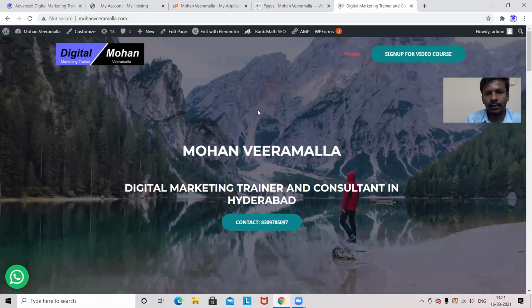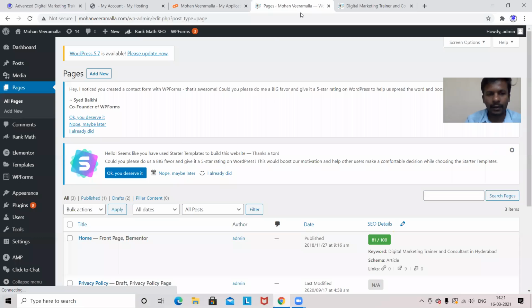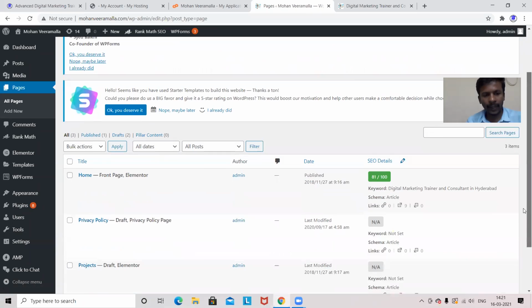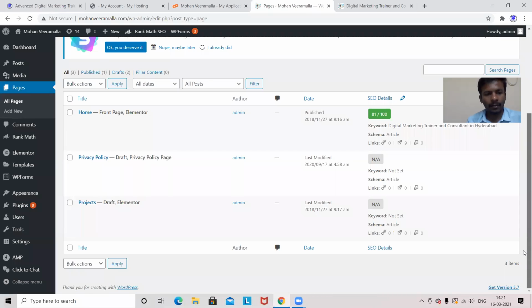So I'll go to the dashboard here. There's a dashboard. Yeah. So here I have home page, privacy policy, projects. 3 pages I have. These 2 are in drafts, and this is the front page which is available. You can see that one.